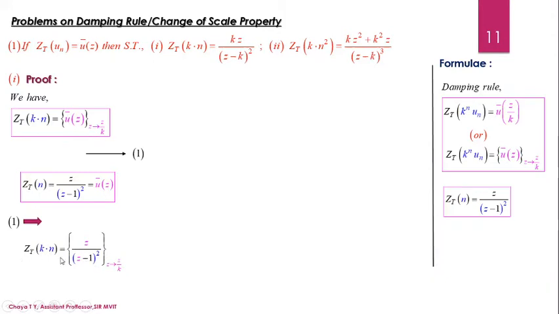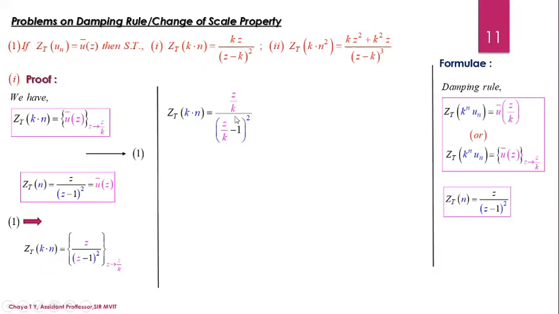So what will be the equation now? Observe here. The Z transformation of the product of the terms k^n n is, on the RHS, u bar of z. What is u bar of z for the required derivation or proof? It is z divided by (z minus 1) whole square. Now into the same expression, I have to replace z by z divided by k. So the next step will be the substitution for z as z divided by k. When I do the same, this is what we get: (z by k) divided by (z by k minus 1) the whole square.